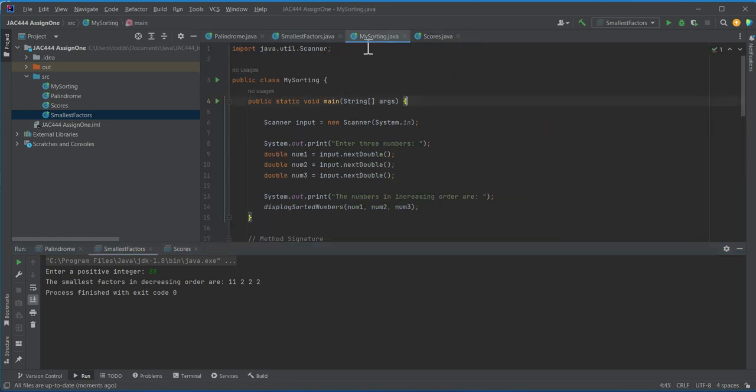The next class is the My Sorting class. Again, we need to import the scanner because we require the use of it. We create the name of the class as My Sorting. It has to be the same as the file name, and our main argument is here. In this particular class,